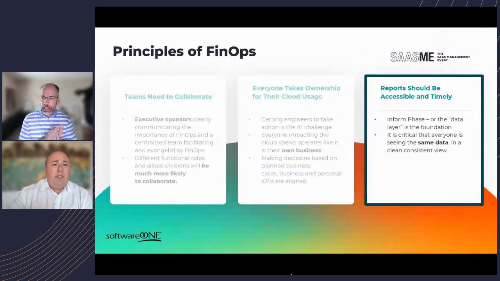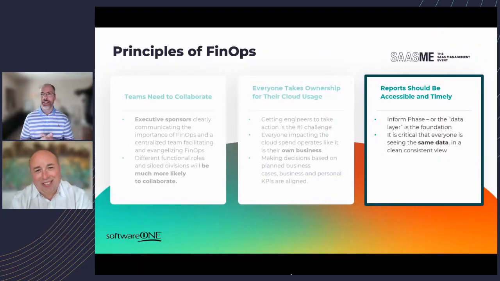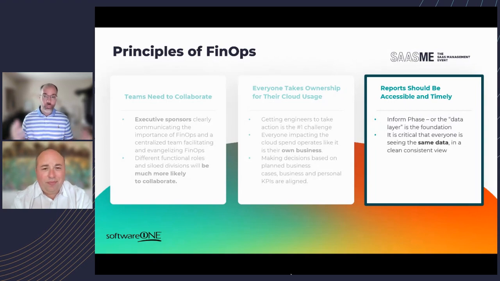I always joke that, well, it's actually not a joke, engineers not taking action isn't because they're bad corporate citizens. It's because their KPIs aren't aligned to cutting costs. It's to innovating, speed, uptime, all of those sorts of things, why we use the cloud. So it sounds like those users that are buying SaaS applications, it's the same thing. They're not bad corporate citizens. They're trying to get their job done.